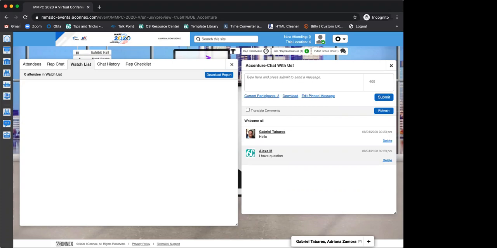Let me see what else here. Okay, are reps able to see all participating vendor booths? Tamika, do you want to answer that one? Or maybe you already did. Well, I thought that would be something you would share with them, how to move from booth to booth. Oh, of course. Okay, that's what they are referring to.